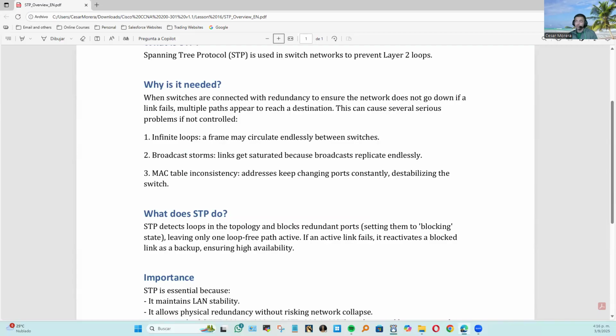Infinite loops, broadcast storms, and MAC table inconsistency. Let's go over each of them. Infinite loops: a frame may circulate endlessly between switches. Broadcast storms: links get saturated because broadcasts replicate endlessly. MAC address inconsistency: addresses keep changing port constantly,